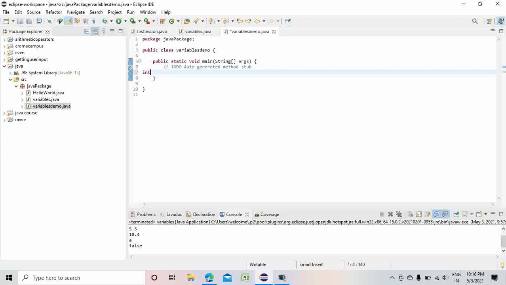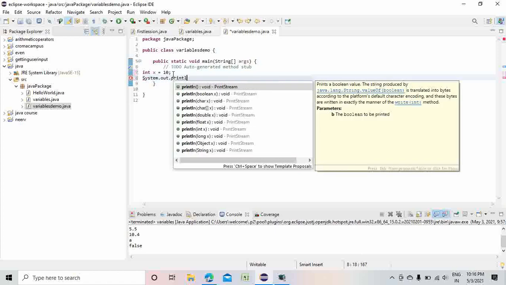Here int is a data type and x is a variable, which is assigned a value of, let's say, 10. Okay, here x is a variable, and for example, if we want to print this, we use